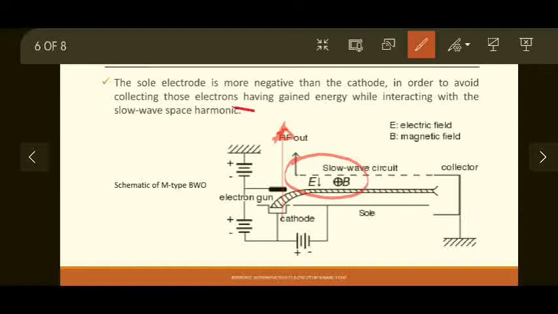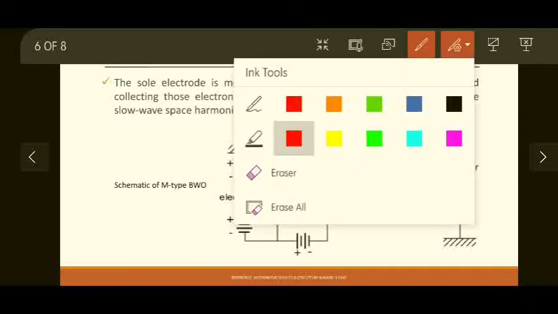So if this is the Z direction, then towards the reader or viewer of this particular video there will be the electric field, and in this direction there will be a magnetic field. So everyone is perpendicular to each other. Now since these two are also perpendicular to each other, they create a cross field, and the electron beam direction, which was in this direction, is now drifted and moves along the tube. Now what happens during this drifting is that some electrons enter the slow wave circuit, which may be helical also; any slow wave structure can be used.